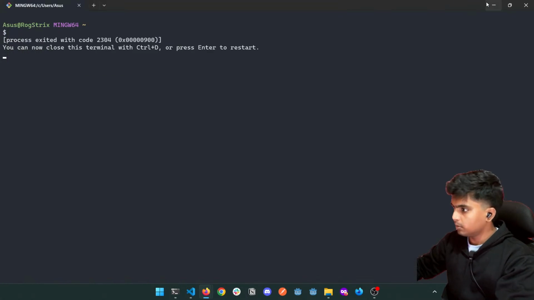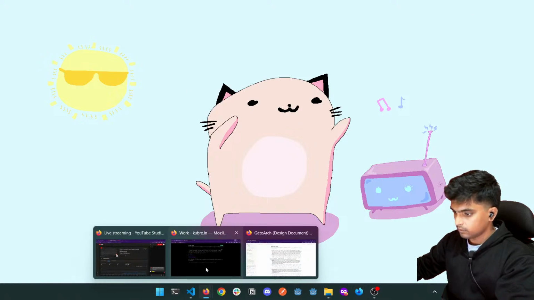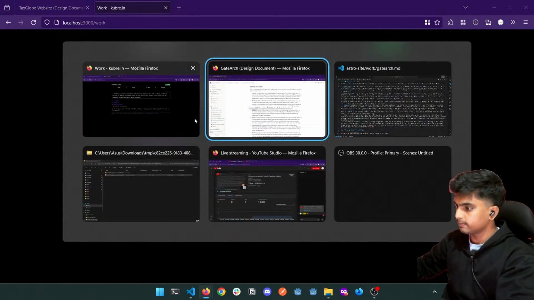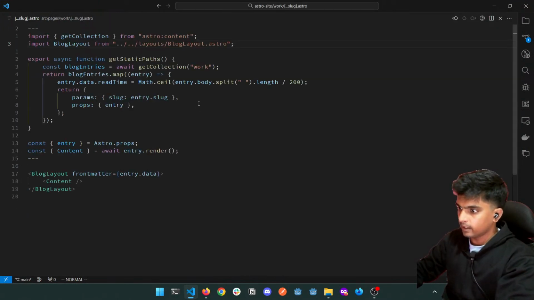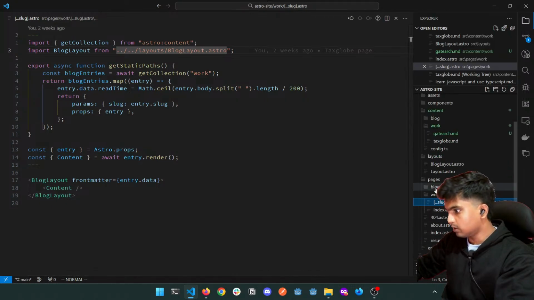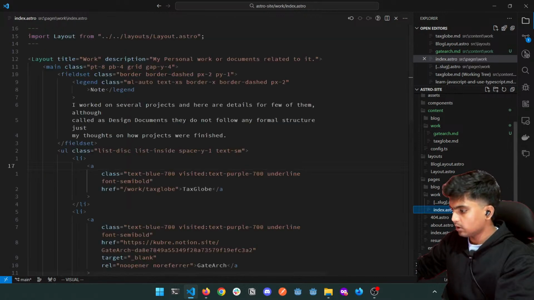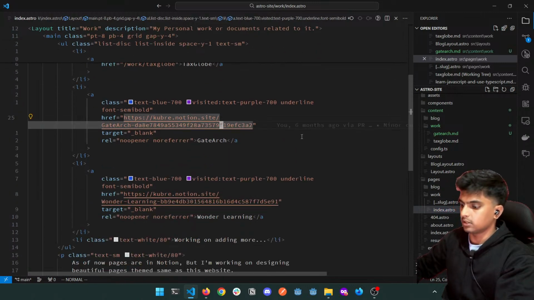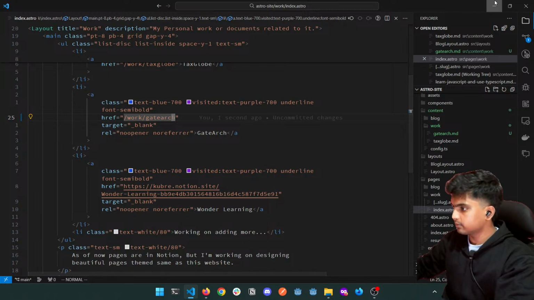And I can also view the progress I'm having. Here, right? So gate arch, or this page is still not linking, right? So I need to go to this page, which is basically a work directory. Then I have to make this slug, right? So it can actually navigate to the proper page. But then from here in this index astro page, there is a page that actually links to this thing, right? So only thing I need to do is basically do this /work/ gate arch, right? If I say,